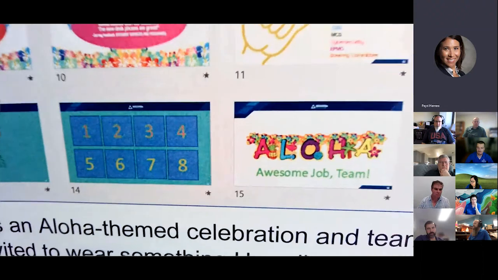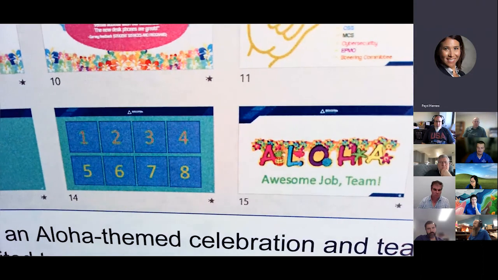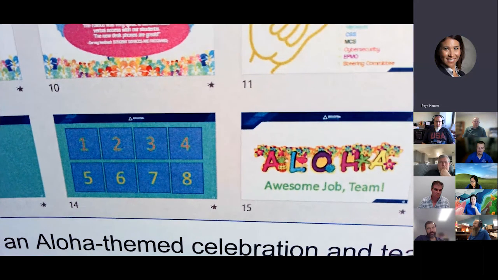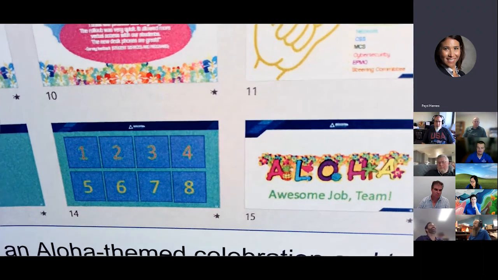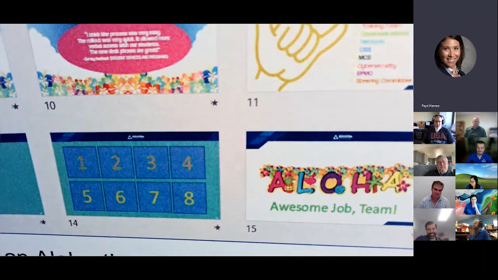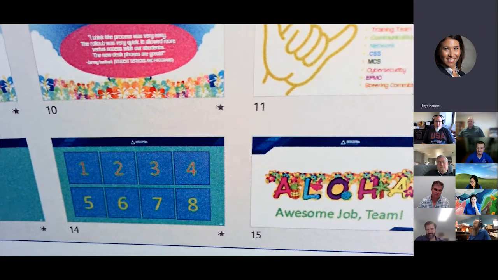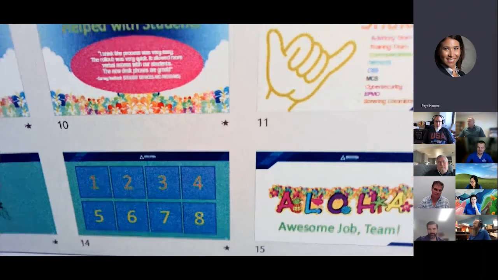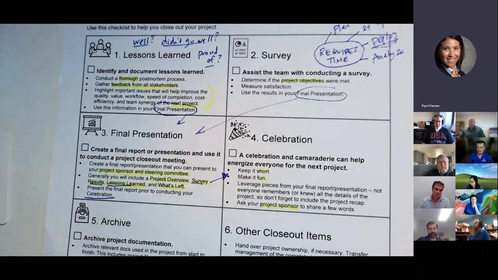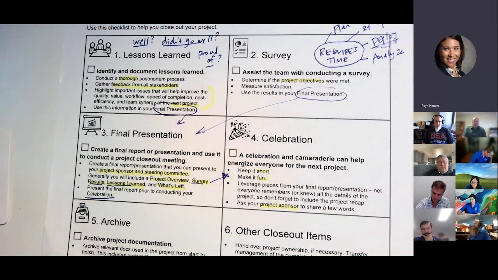And then here on this number 8 game, we found 8 songs that were about phone calls. So we had like Blondie, Call Me, New Edition. We had all sorts of, and we played little song clips about phone calls and people had to guess, because you know our whole project was rolling out phones. So we did this in 30 minutes and it was a happy time. So that's an example of a project that we did.